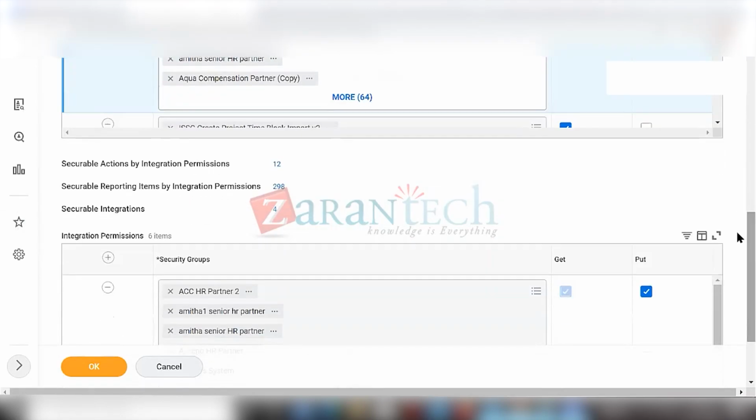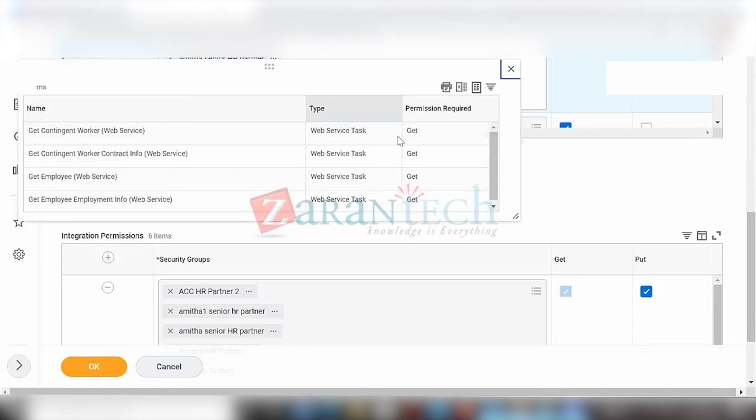Under which domain, if you want to know, you can go to View Security for Securable Item and type the web service name, and you can get it. If you open the securable integrations, you see the permission is Get, and it's a web service. See, Get Employee is a web service. For this, Get access is required. If you want Put access, which is an inbound,